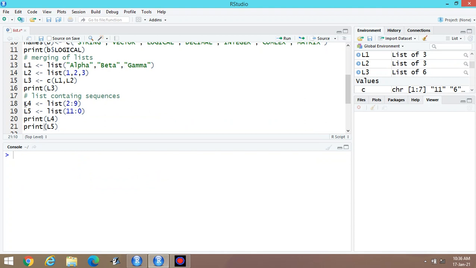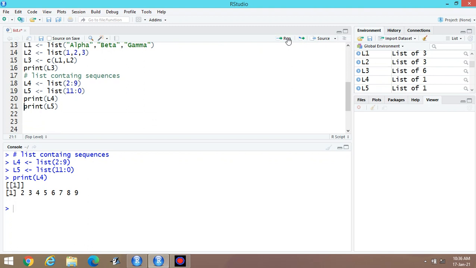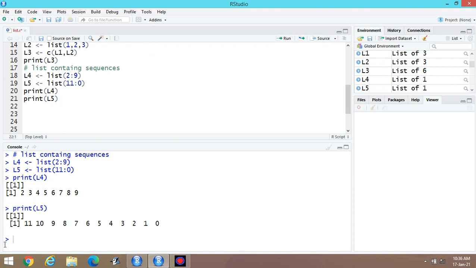Let us check. You can display the contents accordingly. 2 to 9, then 11 to 0. You can display the data in increasing or decreasing order as per required. This one is the sequence 2 to 9.